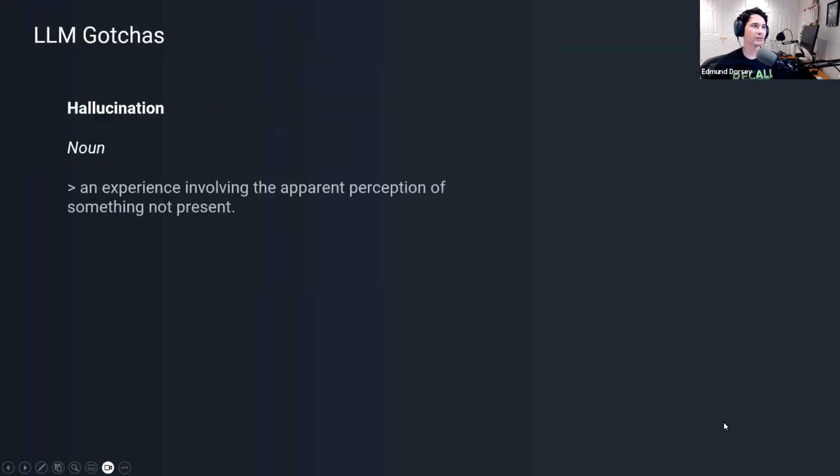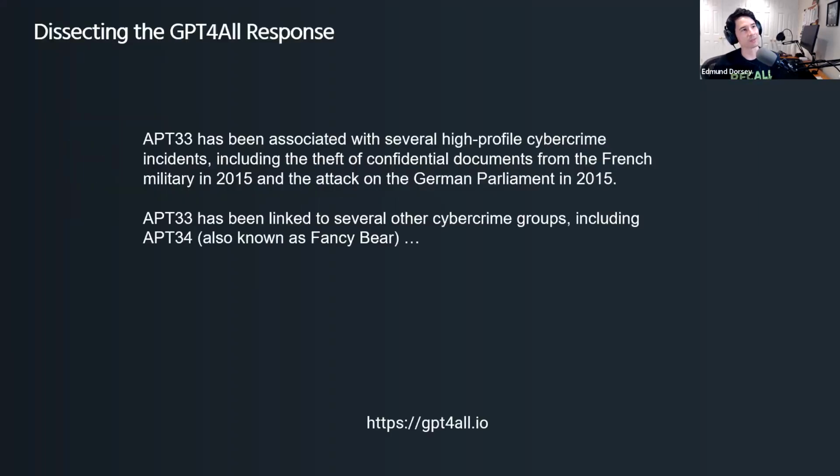So let's move on now to some of these gotchas, right? These are some of the pitfalls with LLMs. The first one is what's known as a hallucination. Really, in a simple form, this just means the LLM's making stuff up. They came up with a probably cooler sounding word, which is that it's hallucinating. It's also maybe a little bit creepy because it makes it sound like the LLM's alive. But really, LLMs will just make stuff up, and you've got to be careful about this.